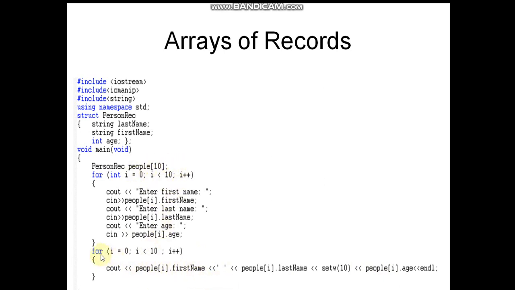Then we want to display whether all the information is available in the structured variable people or not. So we have used this loop, as we have used an array of records. For that purpose we will use a loop to scan the whole slots of the array. So at the 0 location, we have the link available to the first record. So the first record's component elements will be displayed. Then i will be